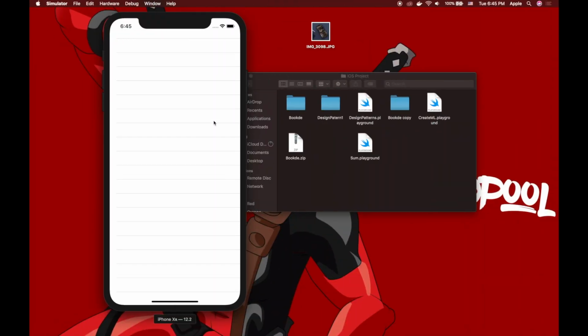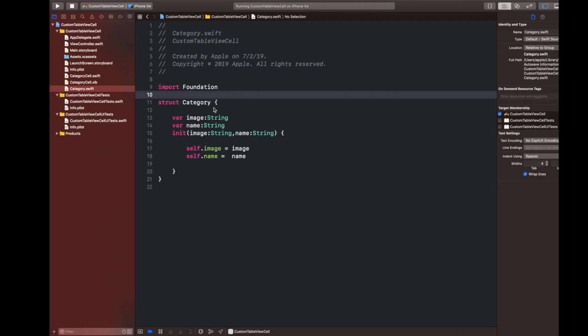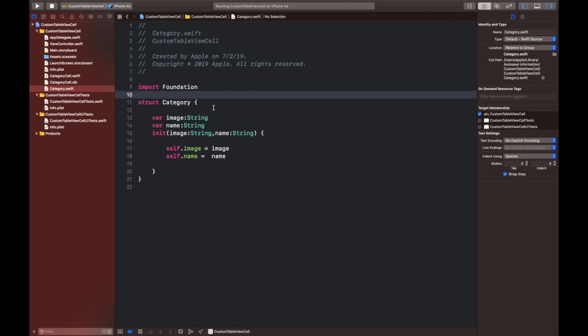Alright, so I want to make sure it doesn't show anything, and I want to make sure my application doesn't crash. So in the next video I'm going to show you how to display your data, but for now